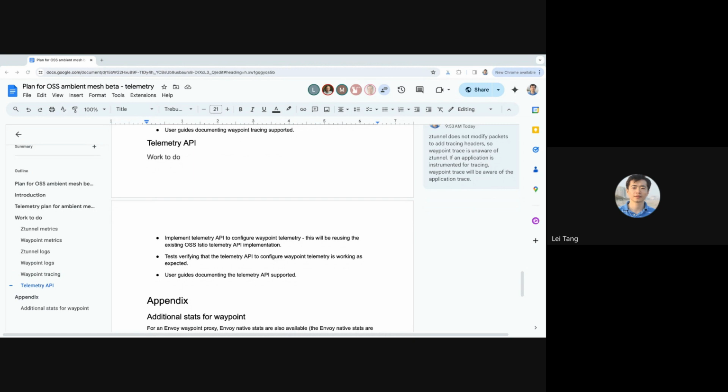Another question: are metrics merged for all TCP ports sharing the same identity? I think the answer is yes, because it doesn't use the port as a label, a dimension to separate them.